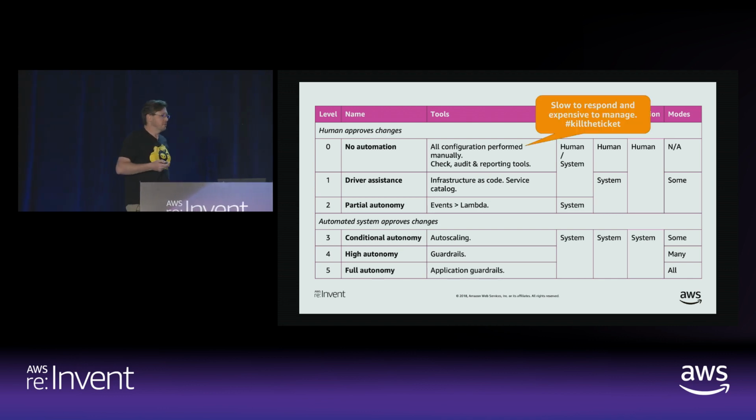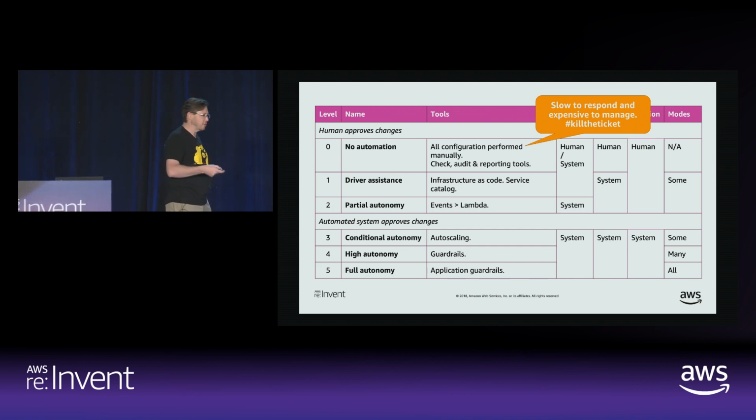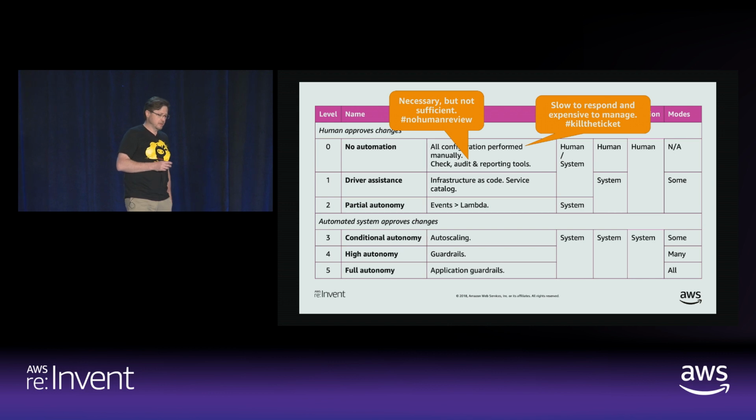Because of that, we're often slow to respond at those levels, and it makes it expensive to manage. We're not killing the ticket, we're responding to tickets and dealing with and resolving those tickets. We never want to see those tickets again. We want automation to take care of that for us. Checking is a good thing, but it's not sufficient, right? We've got to get out of human review of those and get into, okay, this problem happened, this is what